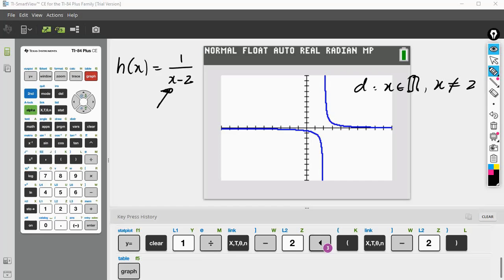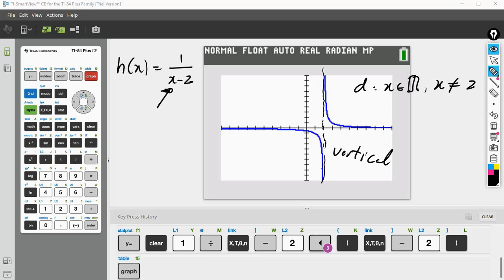And here, if we plug in 2, it becomes undefined. So that's why we have this weird shape. Notice that this is x equals 2 right here. And if you draw an imaginary vertical line here, you can see that the graph comes close, but it doesn't touch the value of 2. So this is what is called a vertical